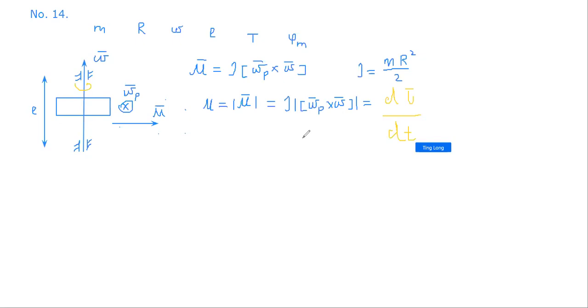No, it is not what we need. We need to open this vector product. So I mean this. According to the properties of the vector product, we can write